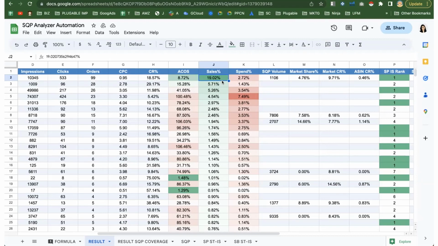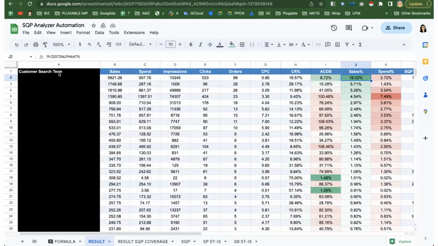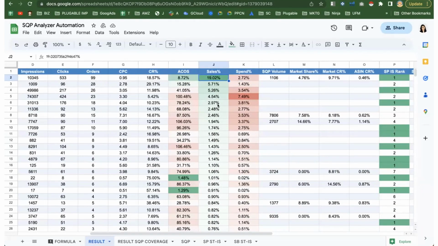However, you could exclude your branded keywords from this list by putting a filter on the customer search terms column and excluding the ones that are branded. And then you'll just be able to analyze the same thing, looking at the spend percentage and the sales percentage, and see where you have opportunities and where you're wasting your money.